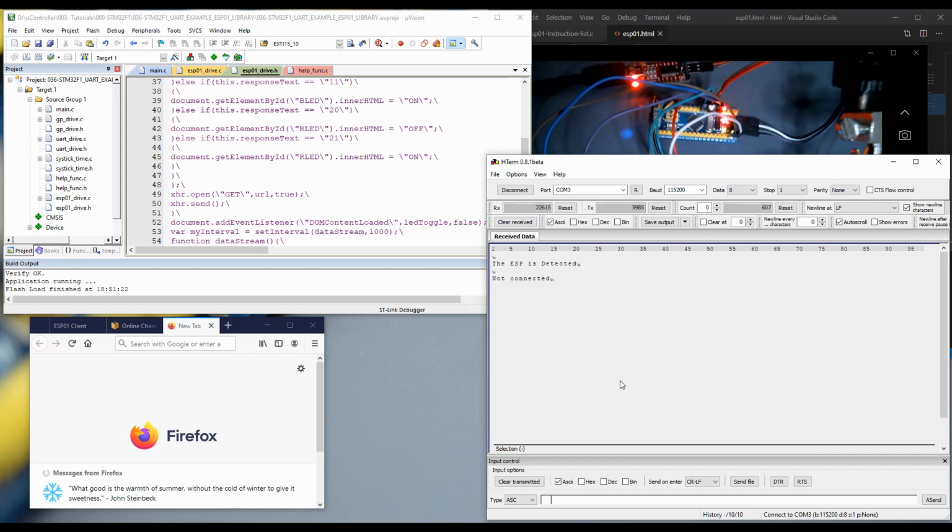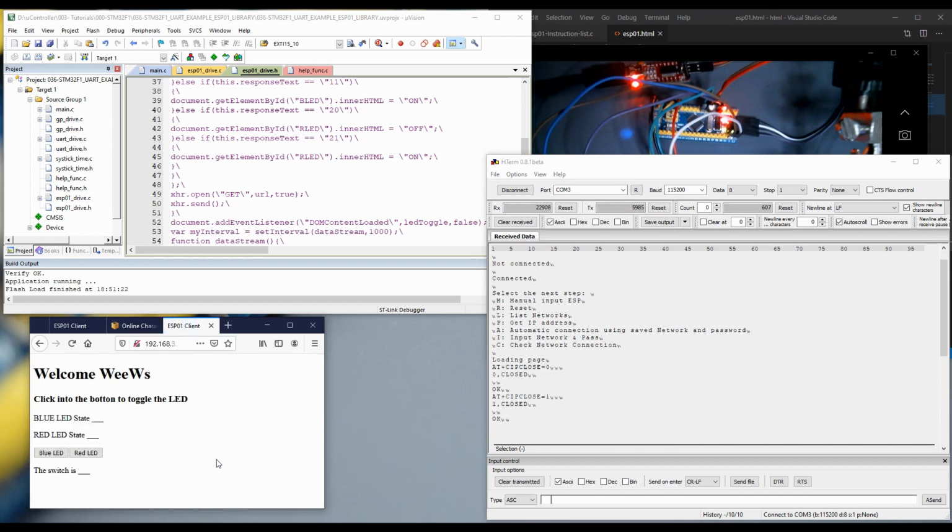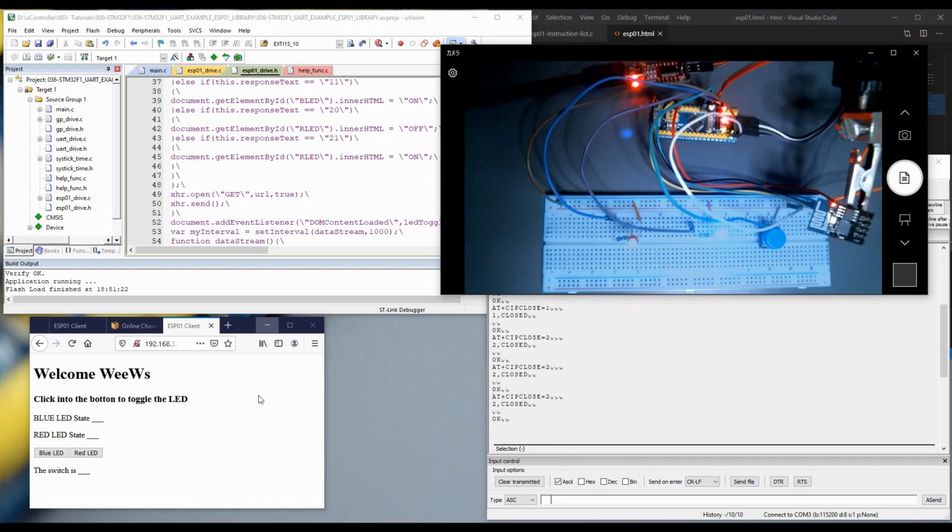Not connected, so we wait a bit to have the connection. Okay, good. Let's go. Okay, something looks like it's working. Okay, so my connection is working actually, but there is some delay, something messed up. Let's check